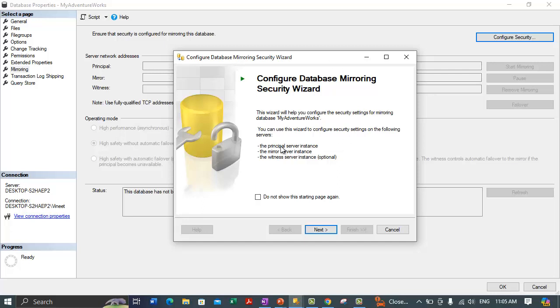This wizard is basically, let's read about this wizard. This wizard will help you configure the security settings for the mirroring database MyAdventureWorks, and you can use this wizard to configure security settings on the following servers: the principal server instance, the mirror server instance, the witness server instance. So guys, we don't want to set the mirroring right now. So let me cancel out this wizard